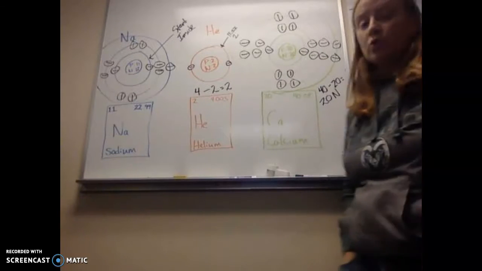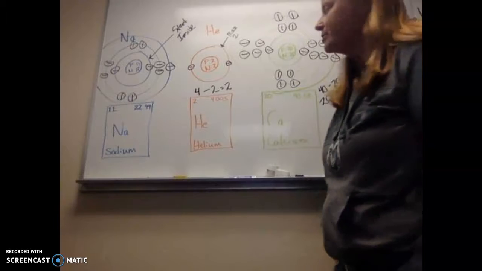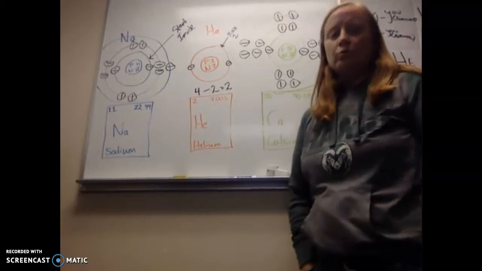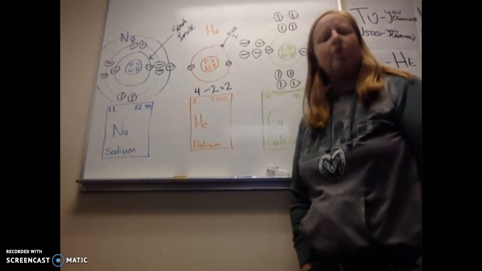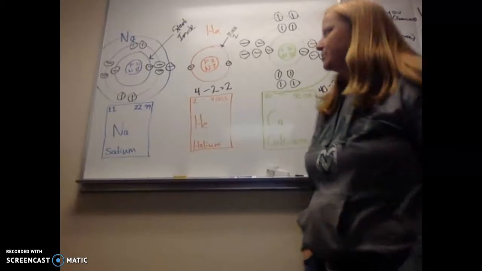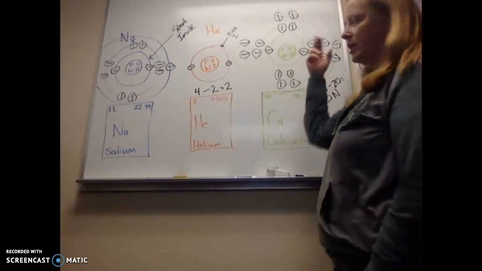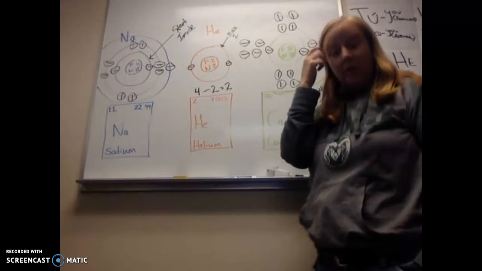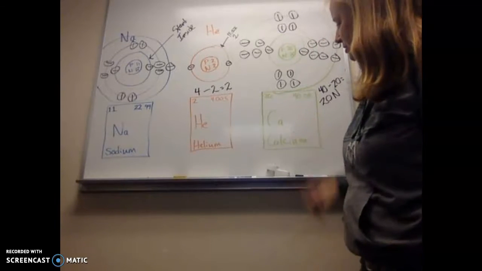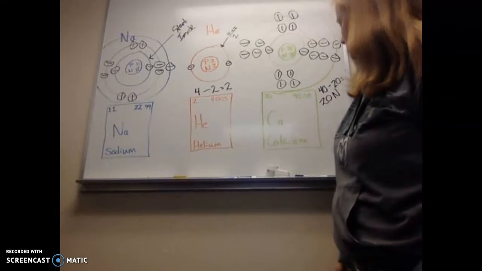This is how you draw a Bohr diagram. It represents the electrons in an atom, and they get really big because you figure we have 118 elements, so we have as many as 118 protons and 118 neutrons. For now, we're going to focus on these smaller elements. But another thing you need to know is that